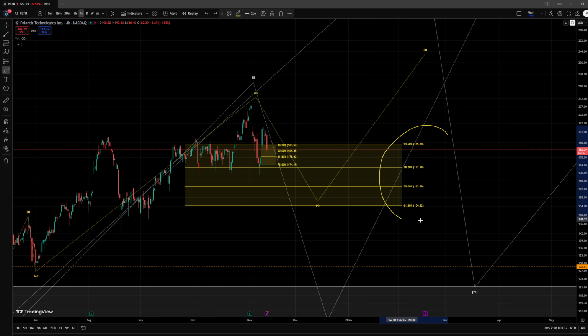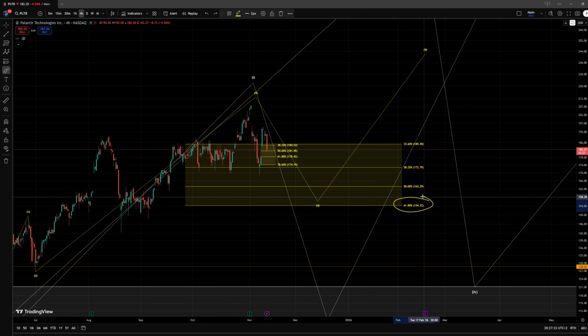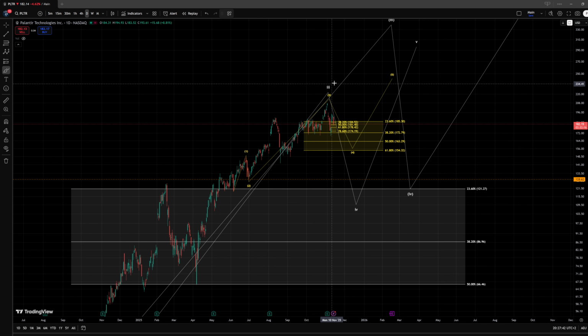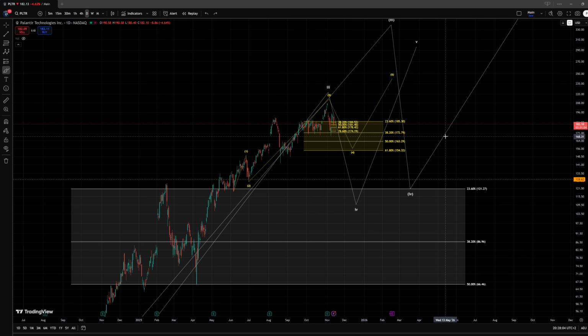Keep in mind, we are still in the larger area of support. And if we happen to break below the 61.8% retracement, well, this is the most relevant level for me, because if that doesn't hold, I do still have some ideas of how we could still track continuation higher, where we could still extend into something like a 1, 2, 3, 4th and the 5th, but honestly, nothing reliable enough to make me consider that, rather than be prepared for a larger breakdown here into the larger area of support